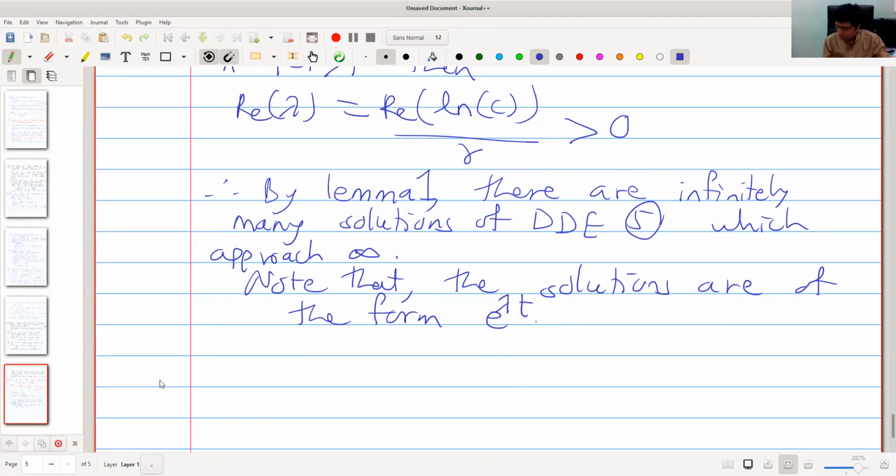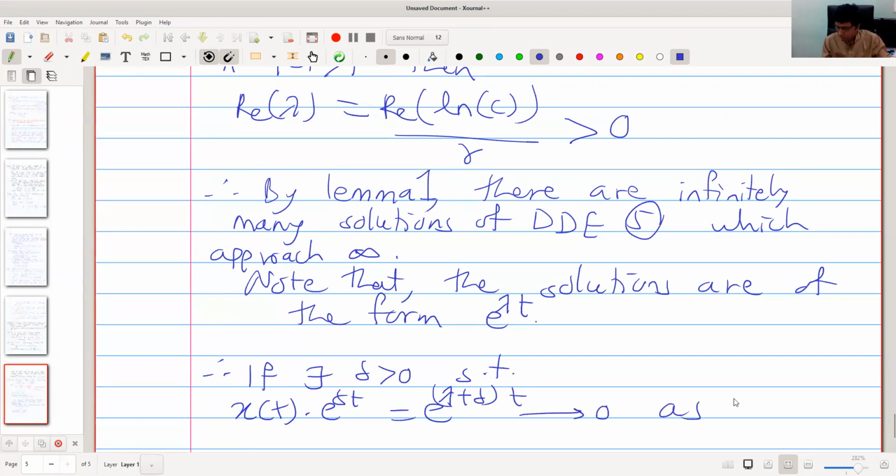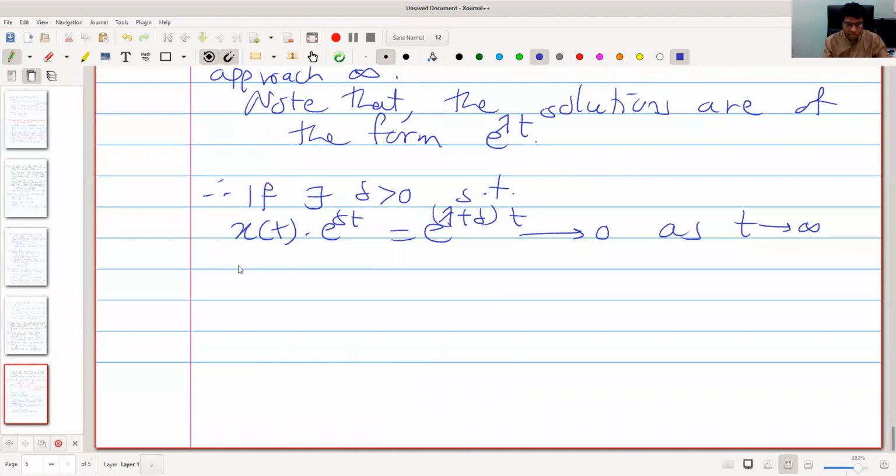And therefore, if there exists delta positive such that x of t into e raised to delta t, that is e raised to lambda plus delta t, tends to 0 as t tends to infinity for all roots lambda of the characteristic equation,